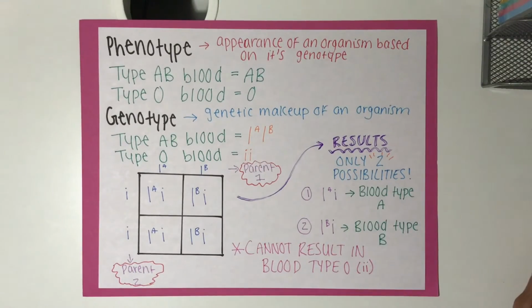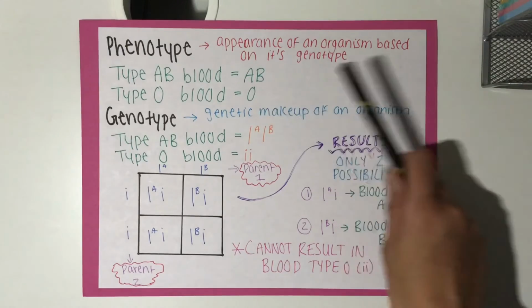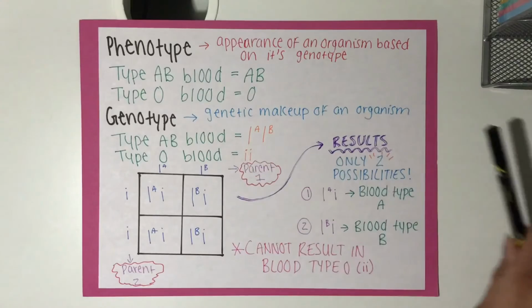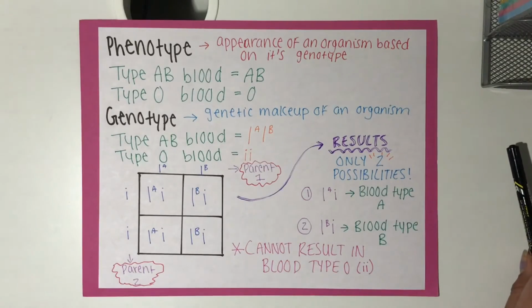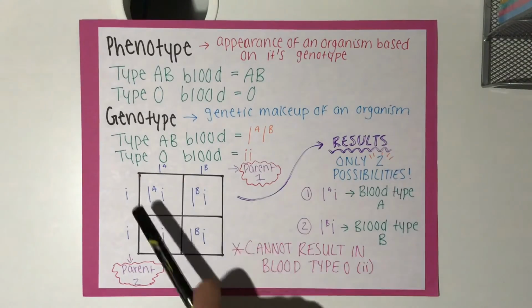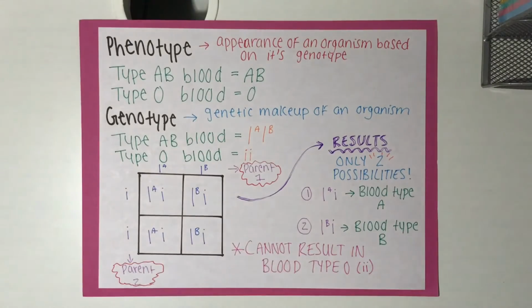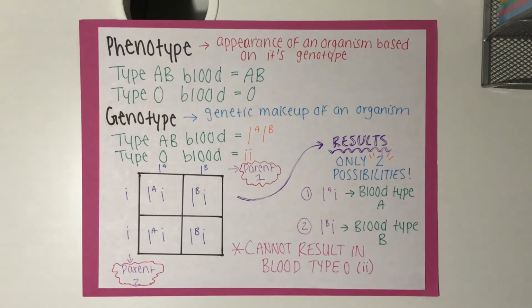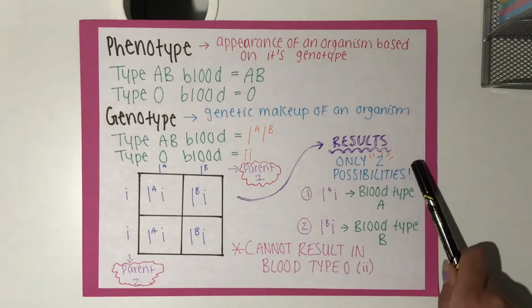The phenotype for type O blood is O, and the genotype for type O blood is ii. Next, I write the parents' genotypes on the top and side of the Punnett square, and then I continue to fill it in. As you can see, this results in only 2 possibilities